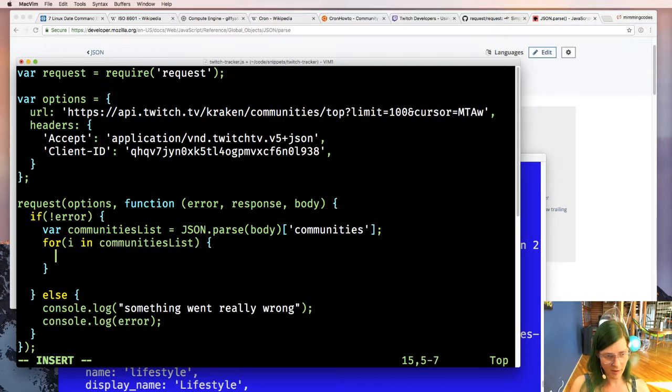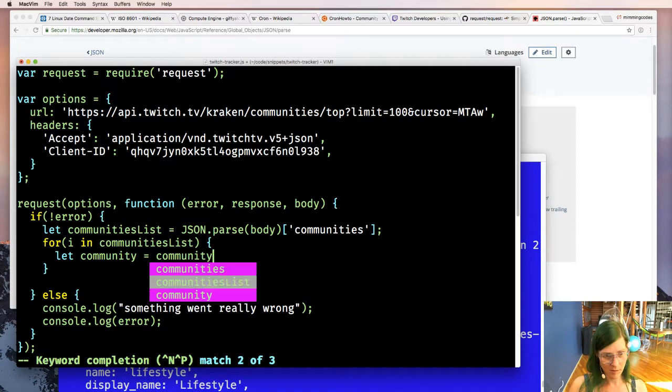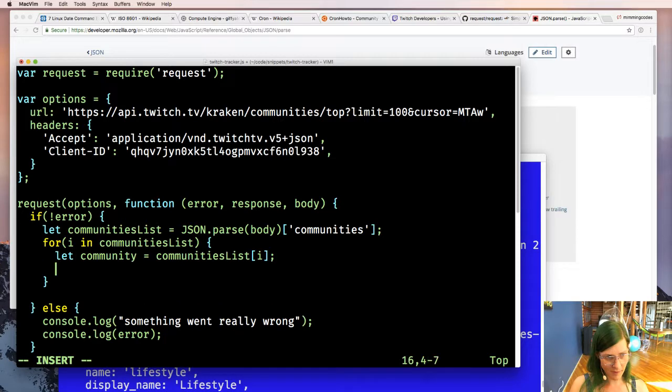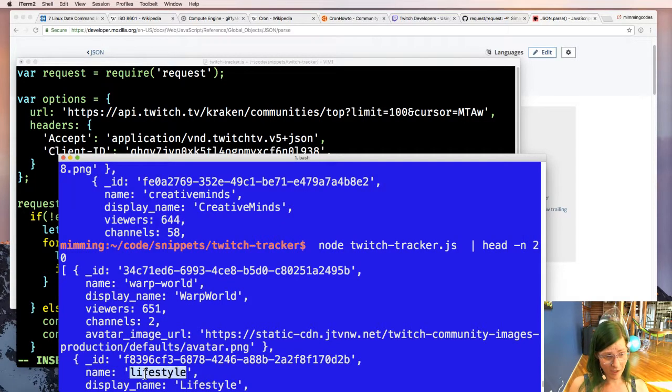I'm in ES6 land, so I can start to use some ES6 stuff. Let community equal communities list. Because forEach is weird in JavaScript. If so what I want to do is I want to look at the name.